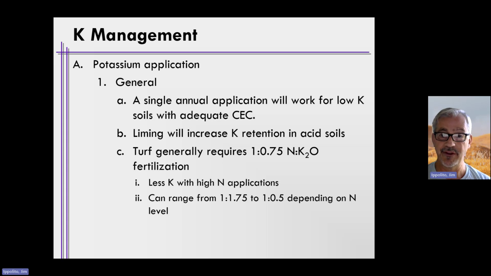When we apply fertilizers in general for turf, turf requires about a ratio of 1 to 0.75 in terms of nitrogen to K2O. Sometimes you can apply less potassium with higher nitrogen application rates to turf, and the range can be all over the board from a ratio of 1 to 1.75 to a ratio of 1 to 0.5. It really depends on the amount of nitrogen that's present. I'm not expecting you to remember that, but